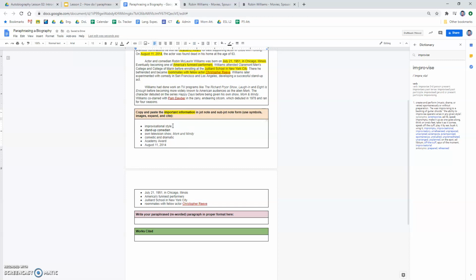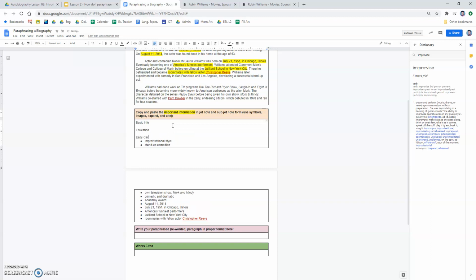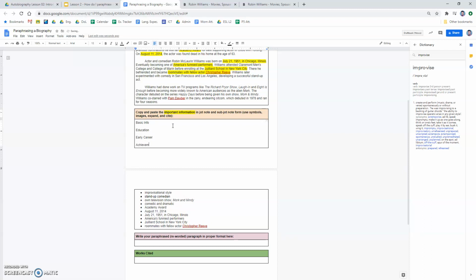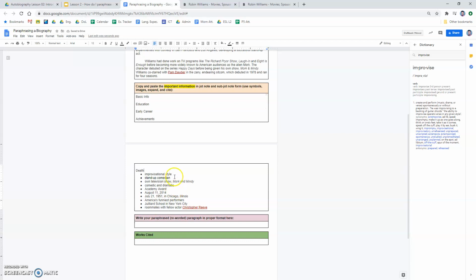So based off of everything I have, I know that I have some basic information about him. I have education, things that he did in his early career. I know we have some stuff about his achievements, and then we also have his death. Okay, what I will do is try to take all of this information and put it into these categories. So I'm going to pause and come back to you. And I'm back. Okay, so I have sorted out my information, and now it says to use symbols, expand information,